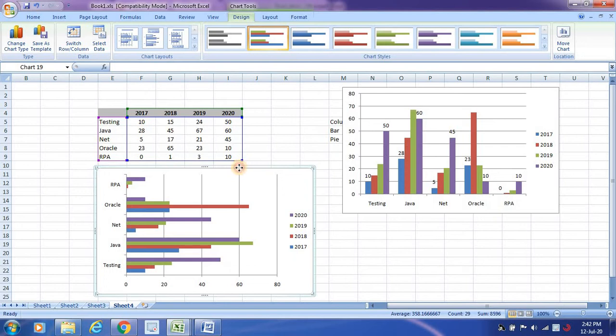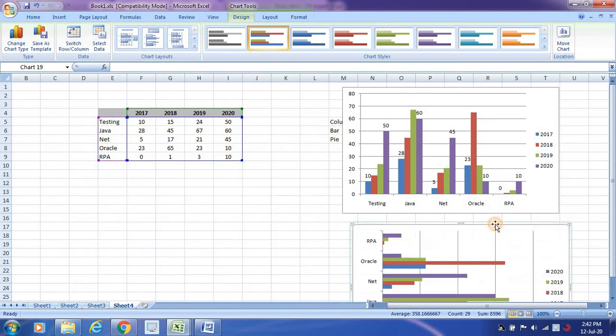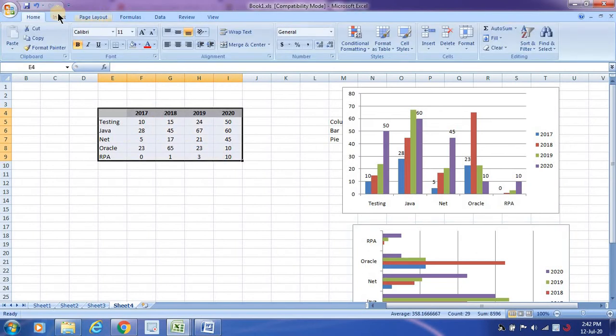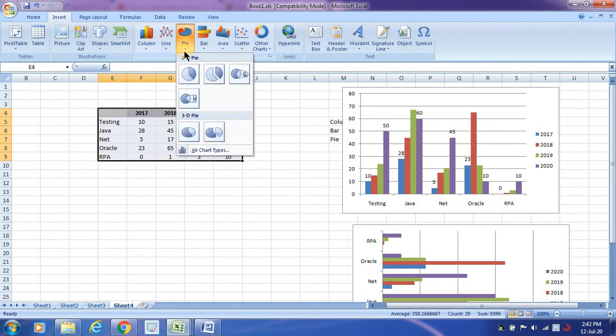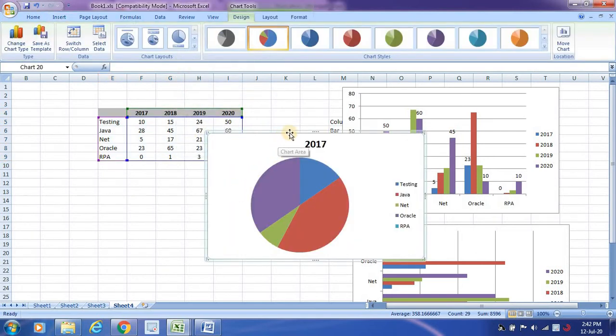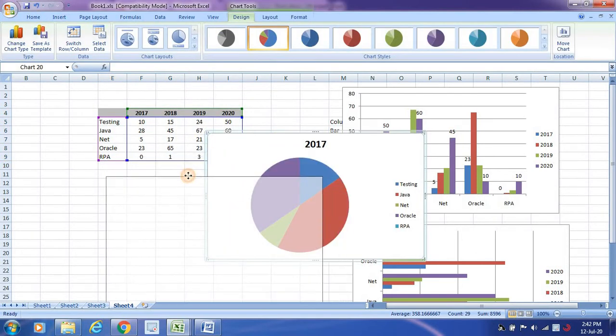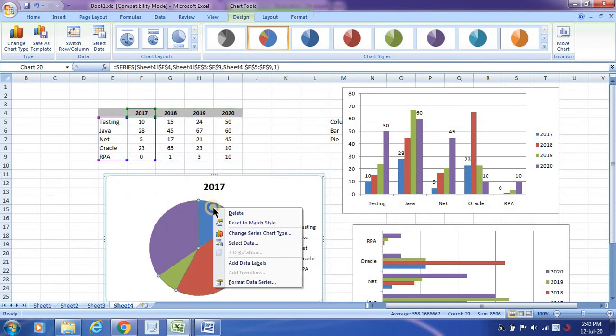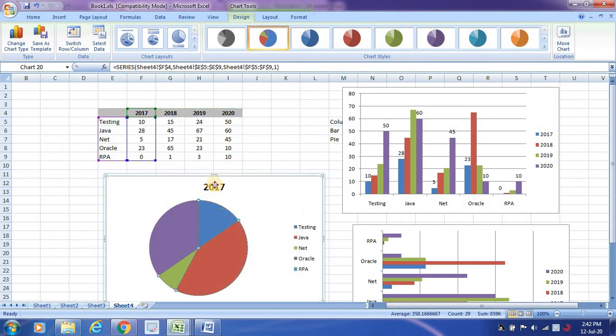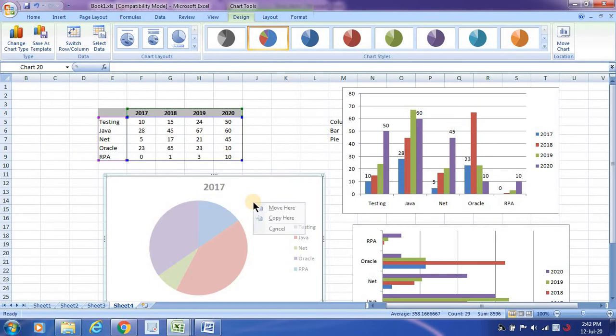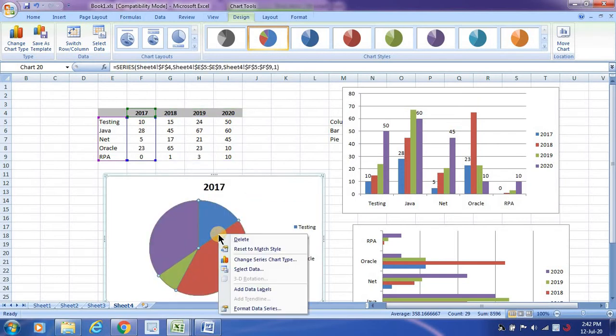Now I'll show you one more example, where if you want to display the same thing using a pie diagram, select this and click on OK. Then automatically you will be able to show the percentages of that particular year. Right click on the entire picture and select add labels.